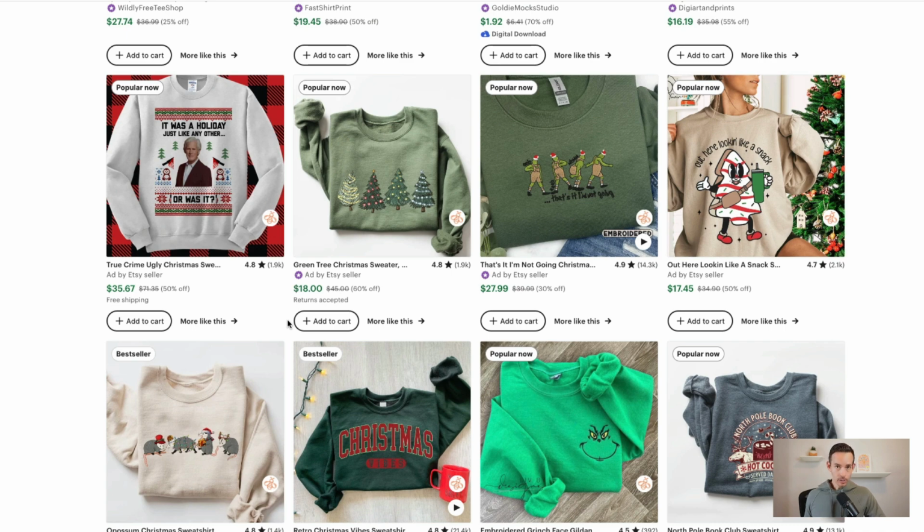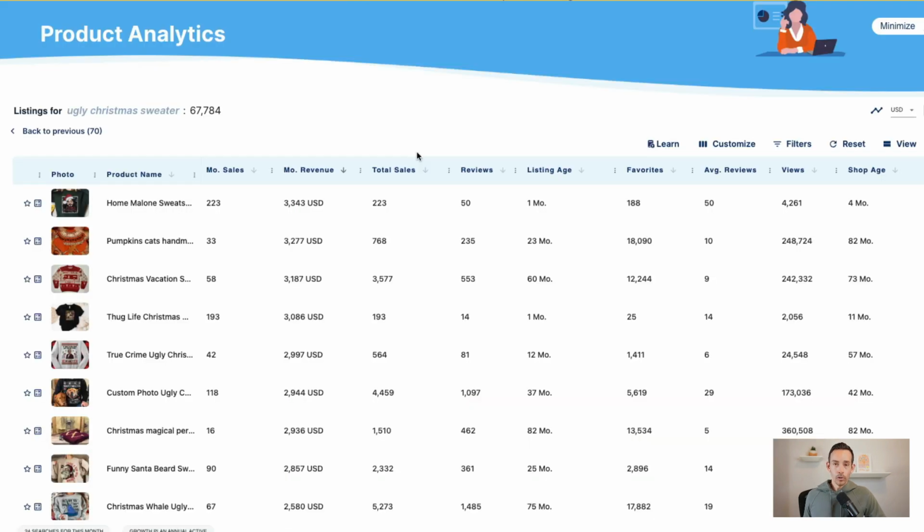Okay, there is a print-on-demand design trend that is about to make t-shirt business owners a lot of money. That trend is ugly Christmas sweaters, especially these pixelated looking ones here, which are already popular and starting to sell. When I pull the data on ugly Christmas sweater, I can see the estimated monthly revenue, estimated total sales, and